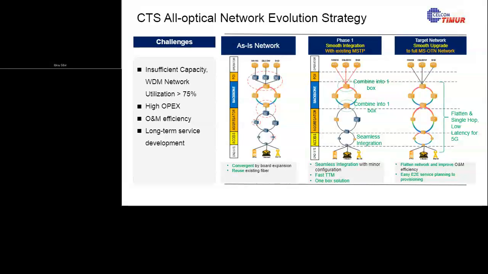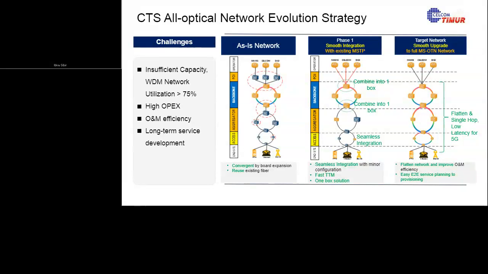Next, CTS has the all-optical network strategy and built the DWDM backbone network and MSTP in aggregation and access layers in year 2009 to meet our customer service requirements. However, there are more and more challenges in the current networks, especially in aggregation and access layers, along with the